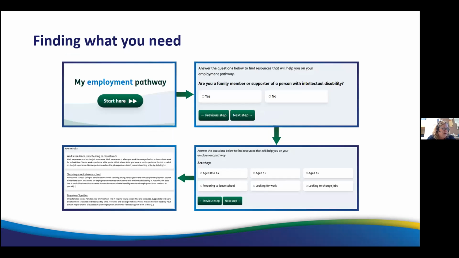So how do you find the information that you need right now? You can do that a couple of different ways. You can just click on the tabs or on the boxes, in terms of the headings that are on the website, or you can also use the website search function, just search for what you're looking for, or you can use the My Employment Pathway. So the My Employment Pathway is at the top of the website. You'll be able to see it on the screen now where it says Start Here. If you click on that,